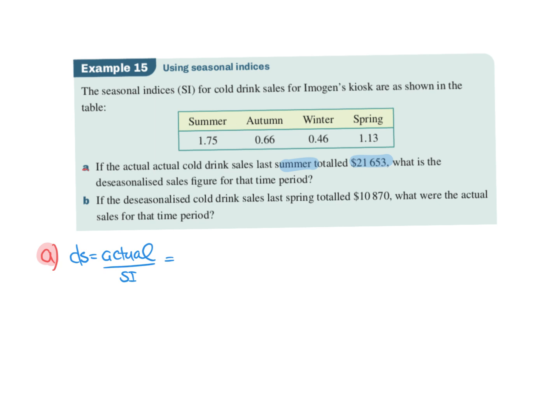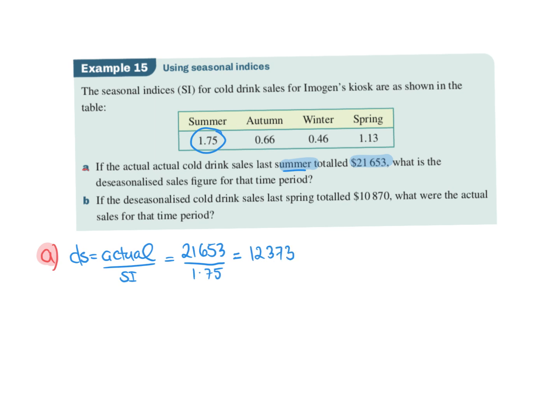They might not actually use that word actual, but that will help you. So 21,653 was the actual. Now I'm talking about summer, so I have to use summer's seasonal index. So that's divided by 1.75. And you'll see that we get